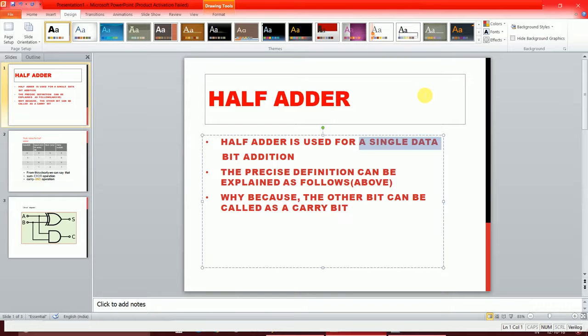The precise definition can be explained as follows. Why? Because the other bit can be considered as a carry bit, and depending on the carry bit and the input bit, the output of the half adder will be obtained. And if you want to get it for a full adder, then what you have to do is